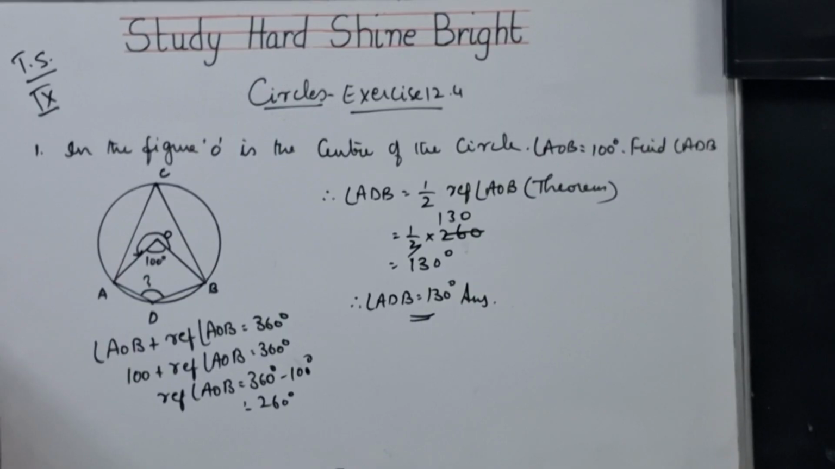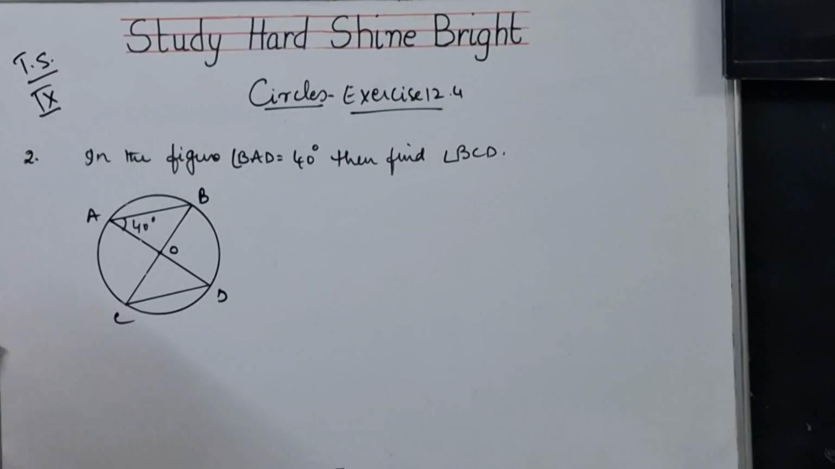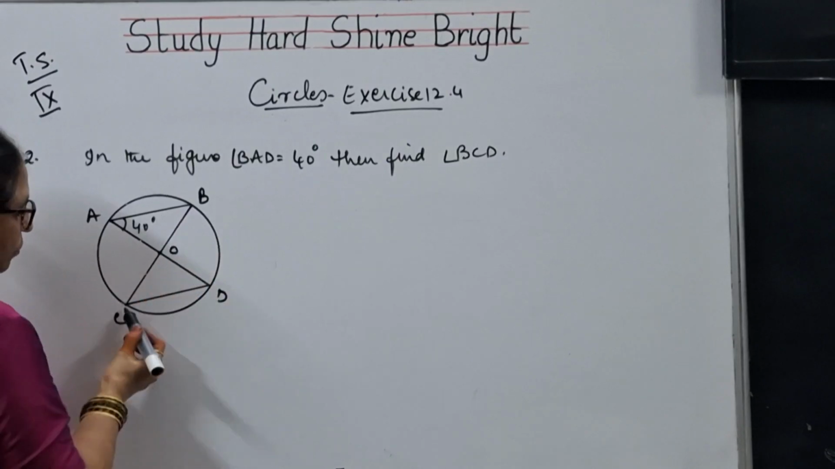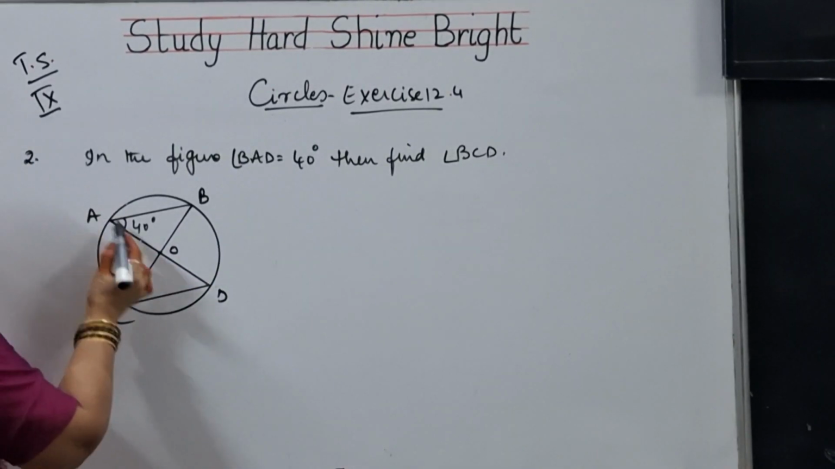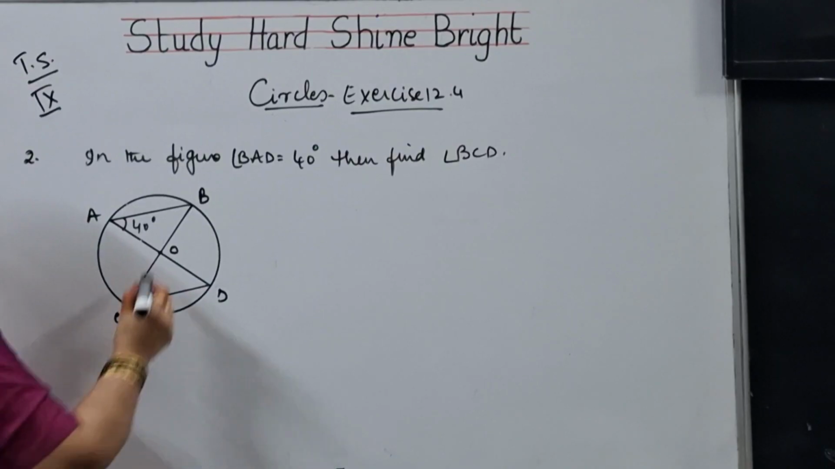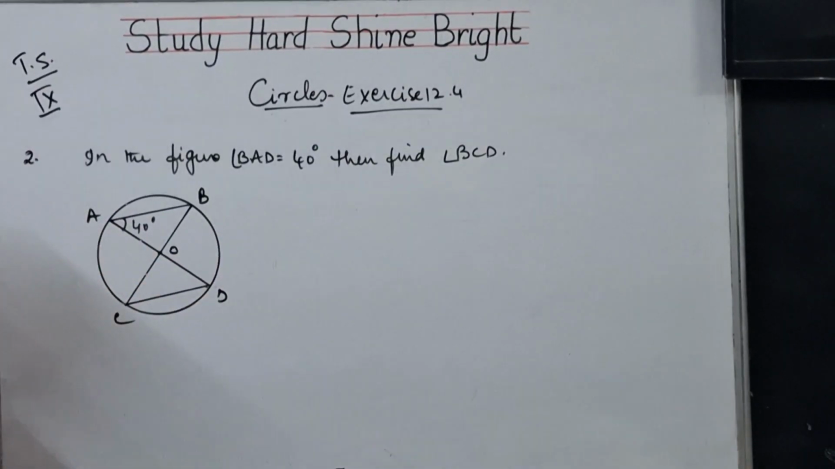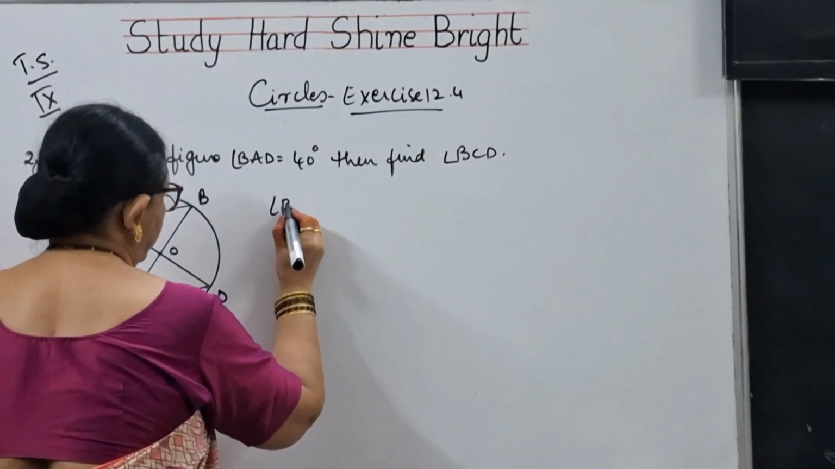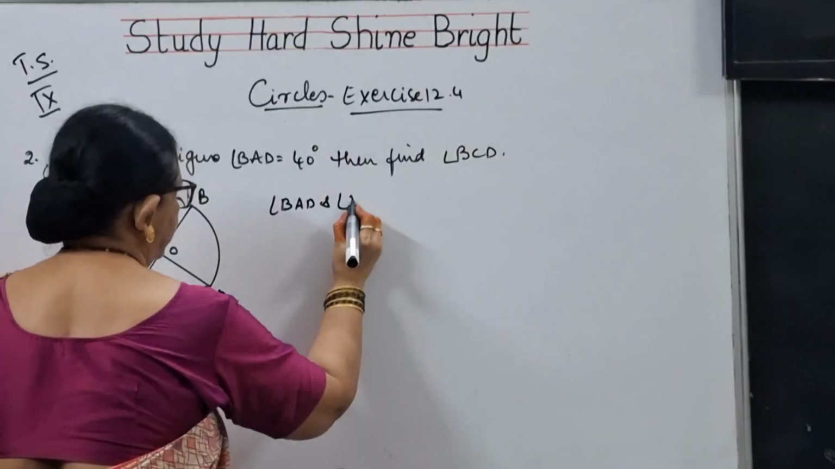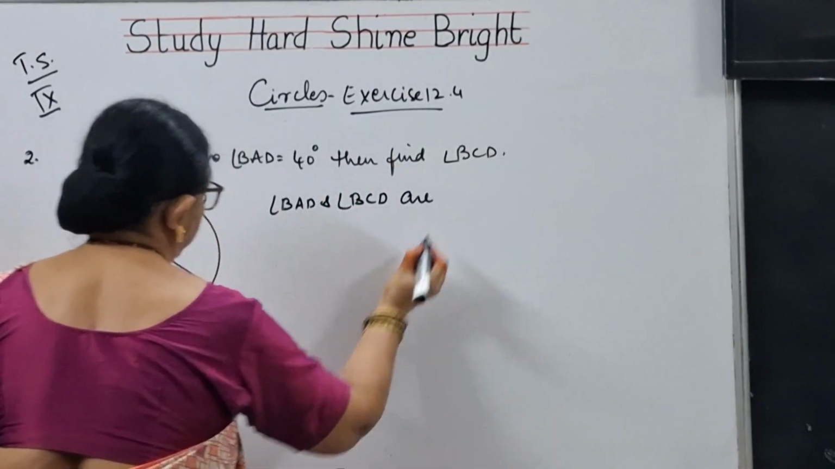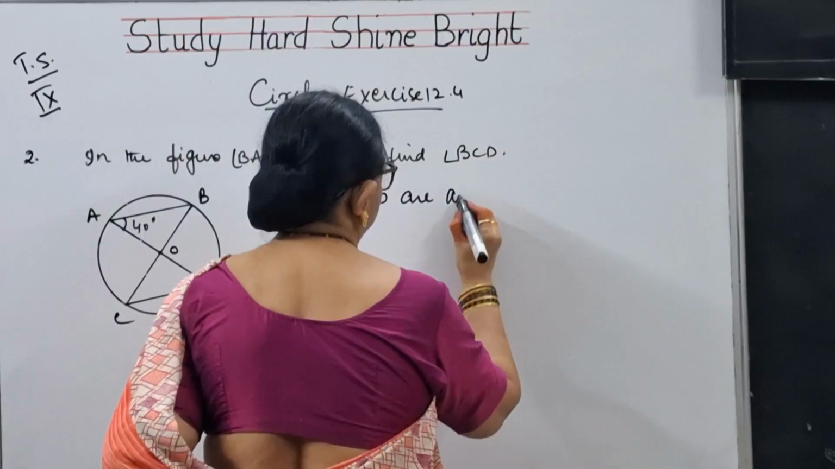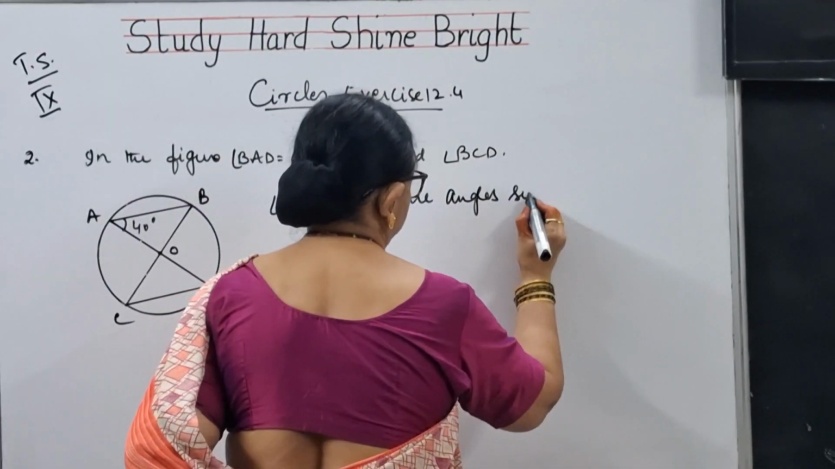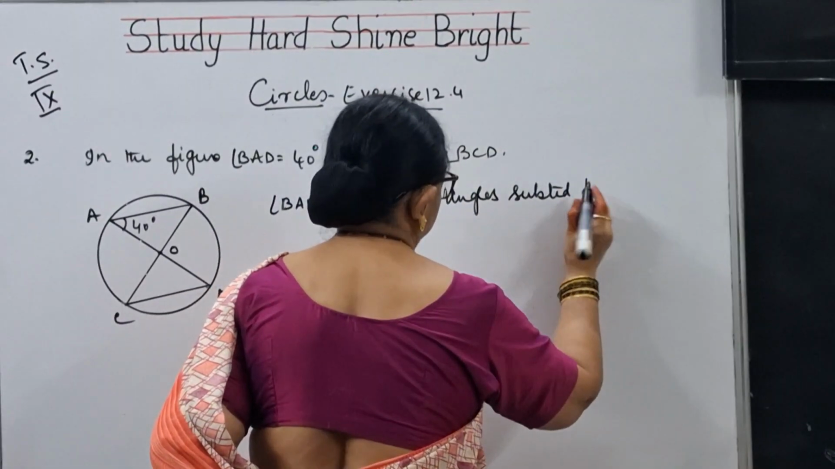Please note it down. Now, second problem, children. In this second problem, we have got a circle with the center O. These are the two chords they have drawn and they have joined through center. Angle BAD is 40 degrees. Now, what is angle BCD? We know that angle BAD and angle BCD are angles subtended